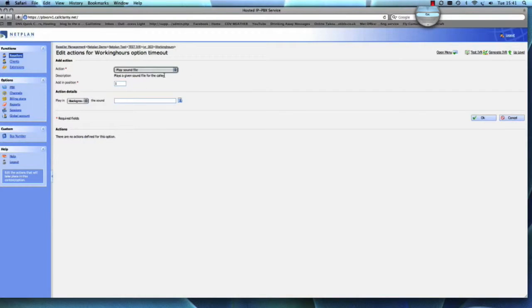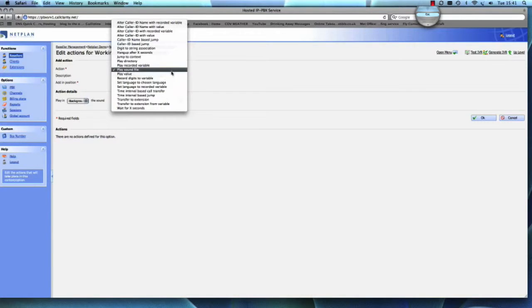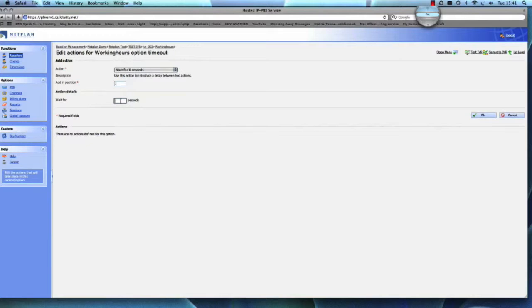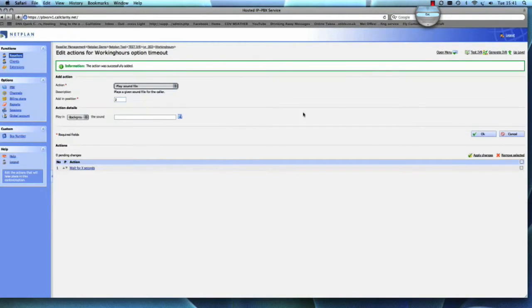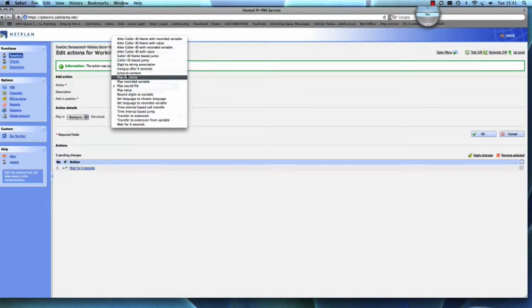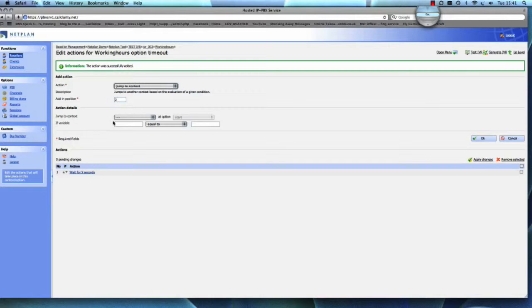So we enter into our timeout and we can see our actions and our drop down menu as before. We want to wait for X seconds. We're going to set this to 5 seconds. We click OK. We'll add that into position 1. Now, in position 2, we need to jump to a context. And the context that we need to jump to is our working hours